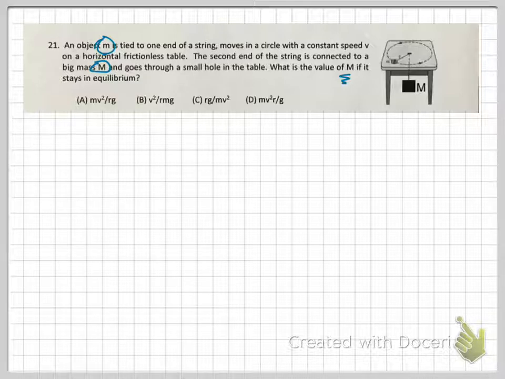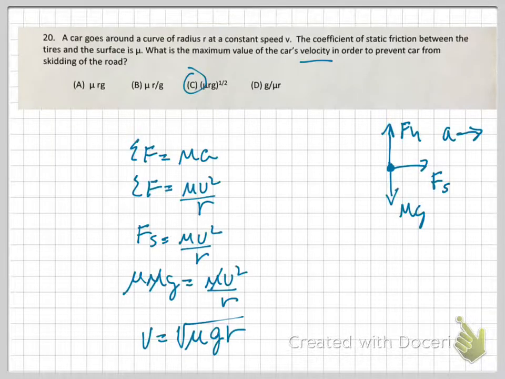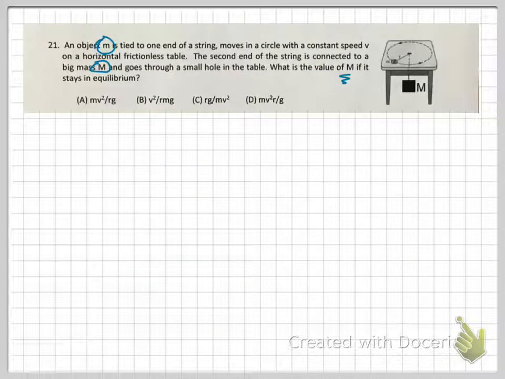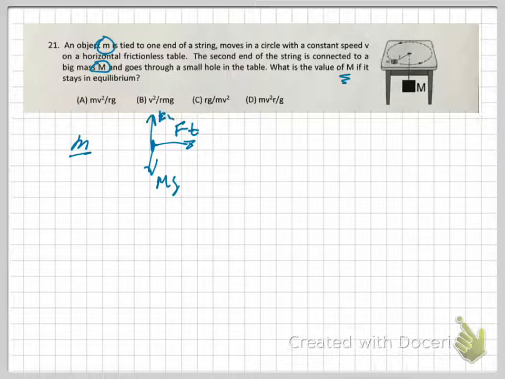Well, if it stays in equilibrium, the force that's exerted on one has to be equal to the force exerted on the other. All right, so let's sum up the forces for the little mass, little m. When it's all the way at the left side, it has a tension force directed to the right. Naturally, its weight is going down and its normal force is going up, and its acceleration is directed toward the